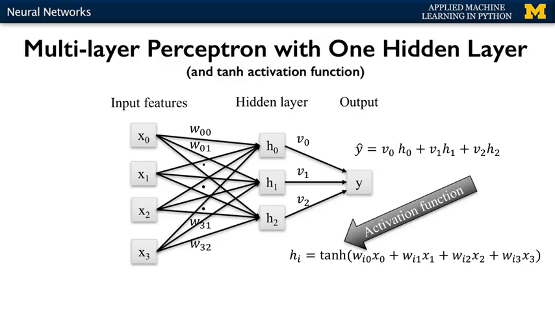This nonlinear function that the hidden unit applies is called the activation function. In this example, the activation function is the hyperbolic tangent function, which is related to the logistic function. You can see that the result of adding this additional hidden layer processing step to the prediction model is a formula for y hat that is already more involved than the one for logistic regression. Now predicting y involves computing a different initial weighted sum of the input feature values for each hidden unit, which applies a nonlinear activation function, and then all of these nonlinear outputs are combined using another weighted sum to produce y. In particular, there's one weight between each input and each hidden unit,